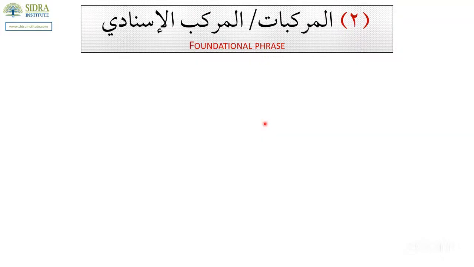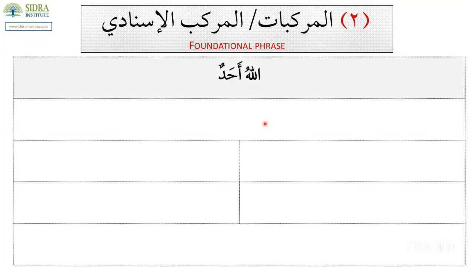Next, we have the foundational phrase. This is where we have the complete sentence. So we have two words coming together and it forms a complete sentence. So we've got the word Allah and we've got the word Ahad. So the word Allah, Ismul Jalala, is Musnad ilayhi, and also we will say it's what? Mubtada as well, because the noun coming at the beginning of the sentence is Mubtada,